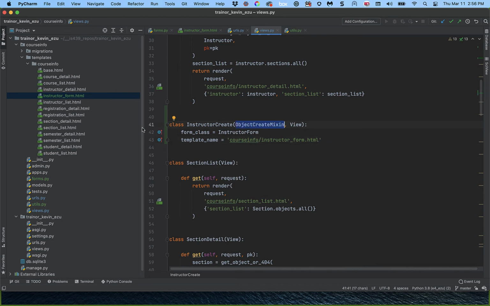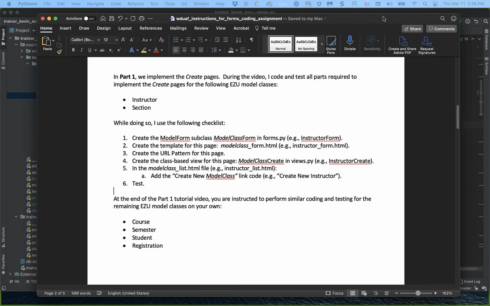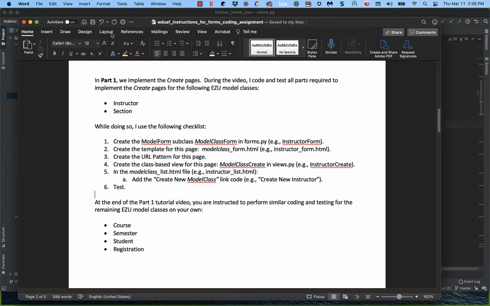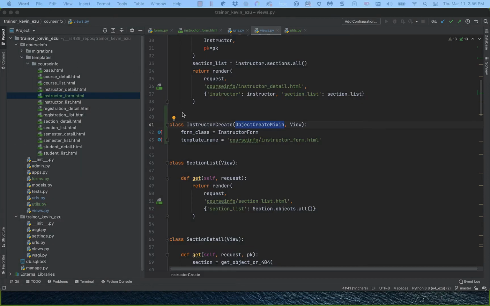It's a little long-winded, but there's a lot of code there. Okay, so we've done that. Are we done? No, we've got one more thing we have to do before we can test. We want to add the create new model class link code to the list page. So we're on instructors, so we have to get instructor list, and we need to add the code for the new link into that. Okay, so let's go to instructor list